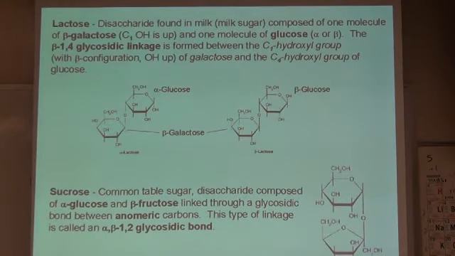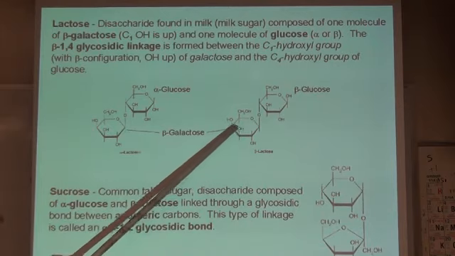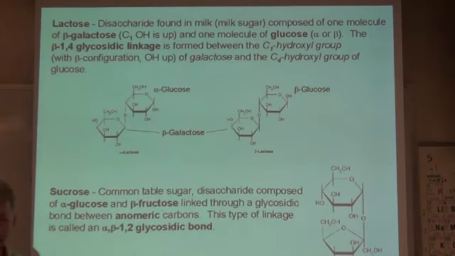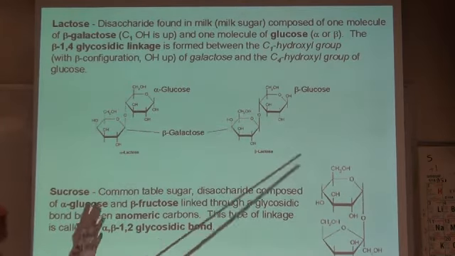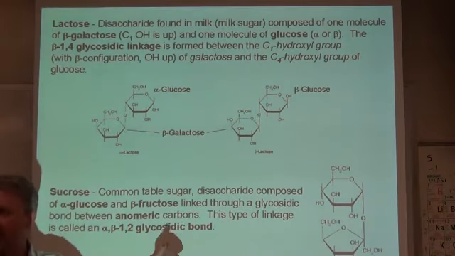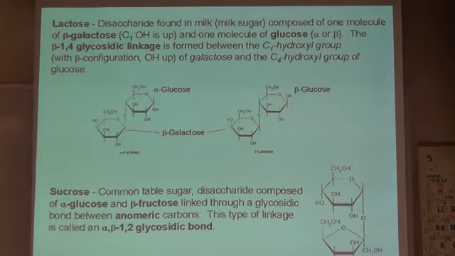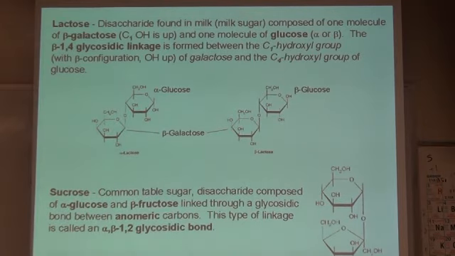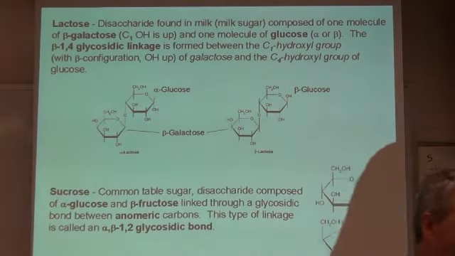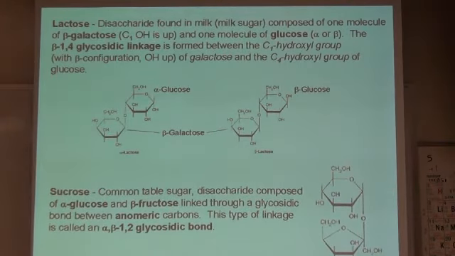And incidentally, the only way you know this is galactose is the orientation on carbon number 4, which is not something I would expect you to know. From a structural standpoint, I'm not expecting you to know that. But I would expect you to know that lactose is made up of galactose and glucose. Just the name, okay? Just like before, maltose was 2 glucose. Just the names. You should just know what those disaccharides are made of.